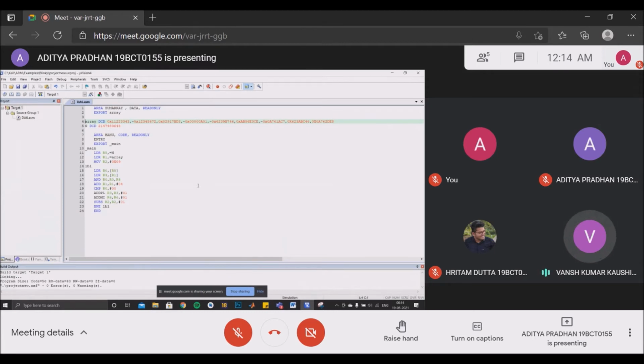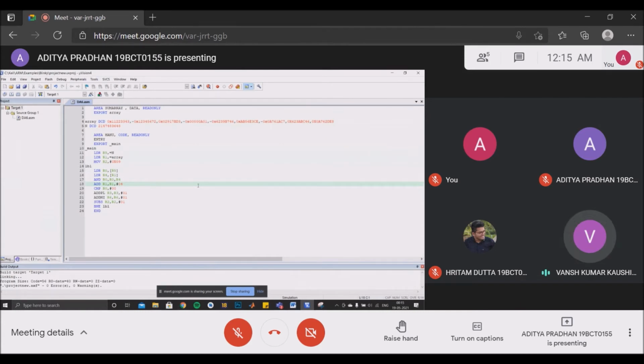Then we use the AND operation between the R0 and the R4 register. The constant value in the R0 register always has the MSB value as 1, and the array element has the MSB value 0 or 1 depending on the array element being positive or negative. Then depending on the result of the AND operation, we increment the R3 register by 1 if the number is positive, and we increment the R6 register by 1 if the number is negative.